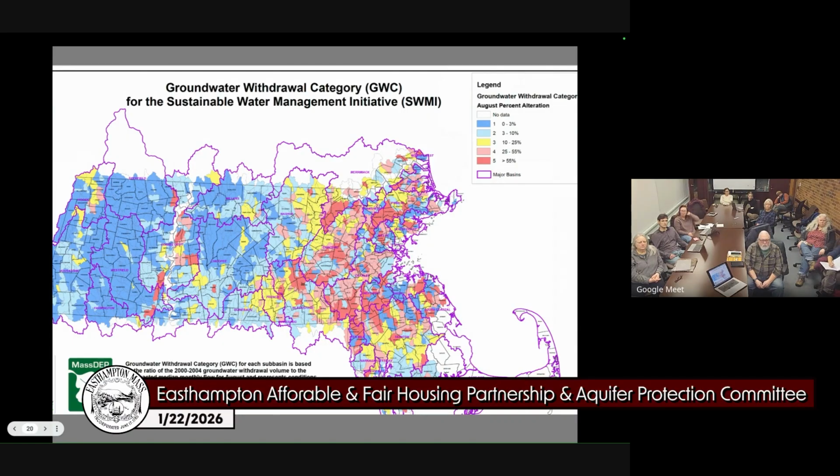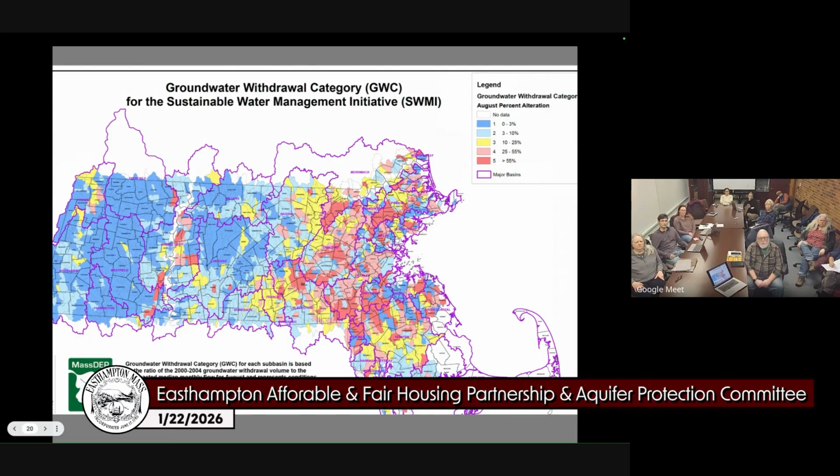They had this groundwater withdrawal category where in August they were altering the flow of the river, reducing it by greater than 55%. And they said that's bad. So we're going to flag those aquifers that are being overpumped,